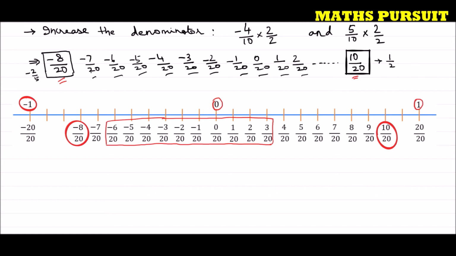And guys, I believe you understand minus 8 upon 20 is nothing but, 4 2s are 8, 4 5s are 20, minus 2 upon 5. And this one is 5 2s are 10, 5 4s are 20, which is 1 upon 2. These are the two numbers being given in the question, and the question has asked us to find 10 rational numbers in between these. So we are able to find those 10 rational numbers, and hence we can write our concluding answer saying that,